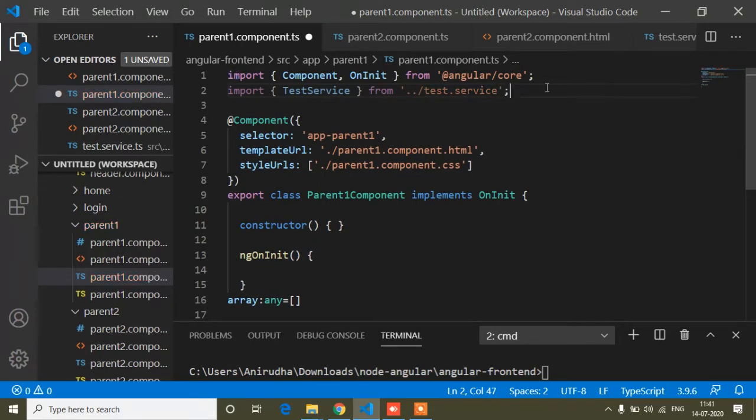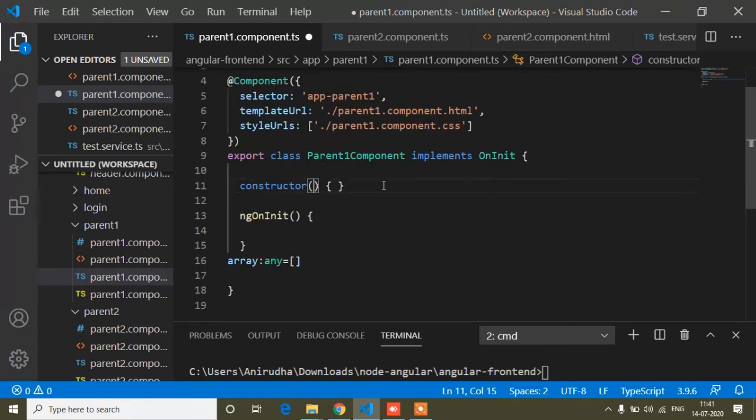And the syntax is, after importing that I have to create a local variable for this service. So I will copy this test service, and inside the constructor here I have to write a variable. So the syntax is private and the variable name is testService.